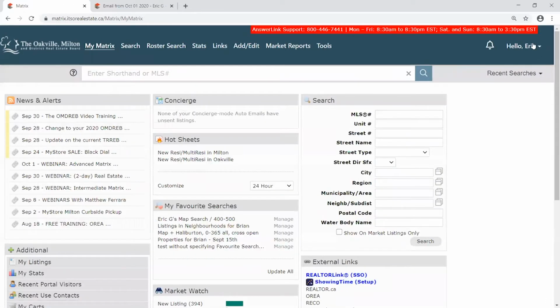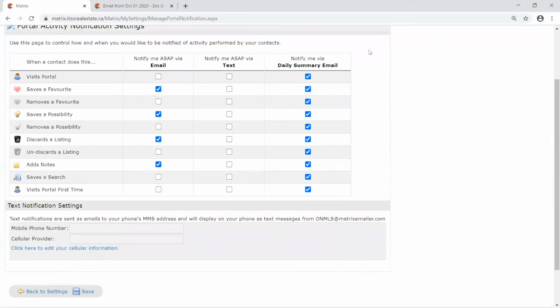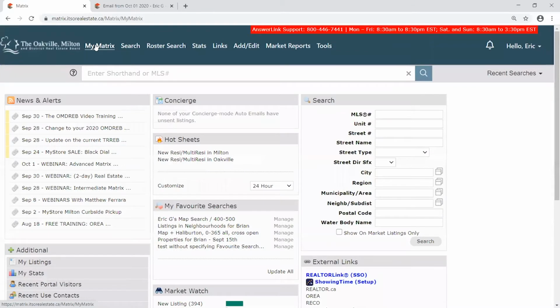Just go there one more time. So over the name where you're logged in towards the right, click on settings, portal notification settings. You just make the change and hit save. Okay. Another thing as well is